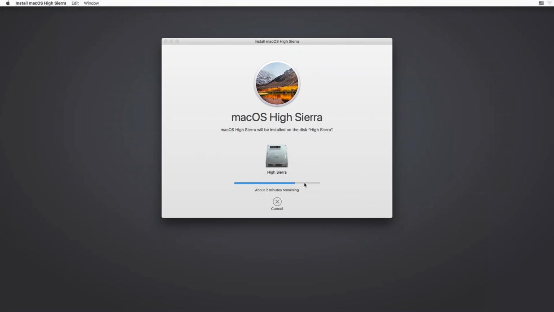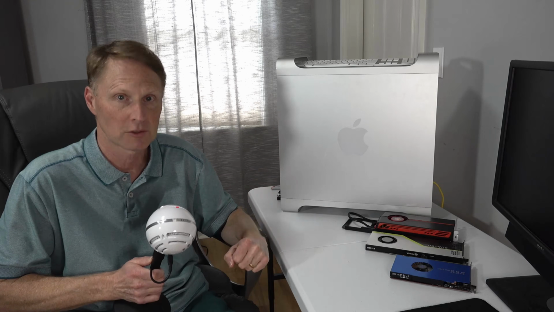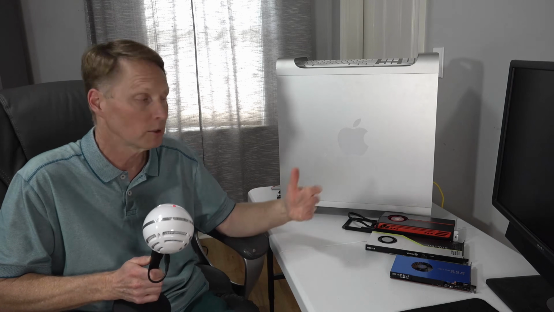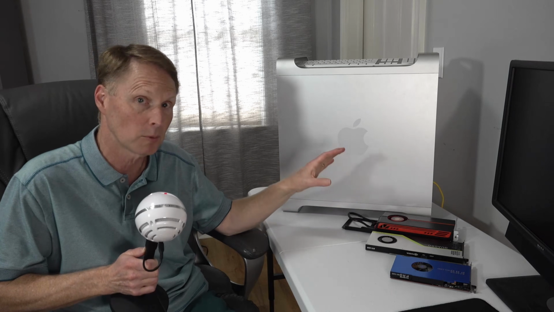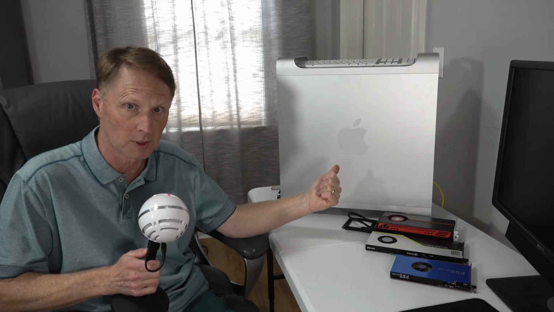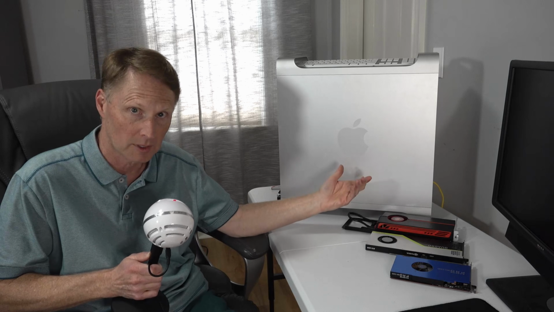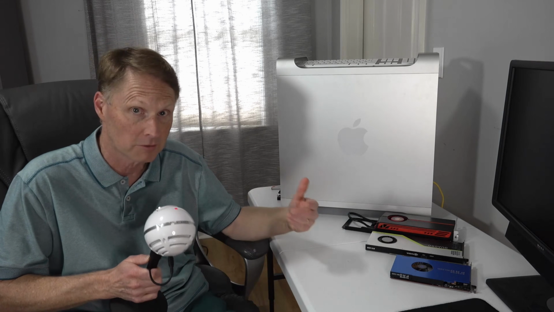Why not just go to Mojave? High Sierra is the second to last OS that Apple supported on this machine. Mojave is the last. Well, a couple reasons to start with High Sierra. First, if I don't know what boot ROM the machine has, High Sierra will update it to High Sierra's boot ROM as part of the installer process. That's not the final boot ROM. That's not the one we want on this machine, but to install Mojave, we have to have the High Sierra boot ROM on it. So if we don't know, High Sierra is a good safe one to start with. It'll get it up to the High Sierra boot ROM, and then we can download the Mojave installer to get to the final one, which is